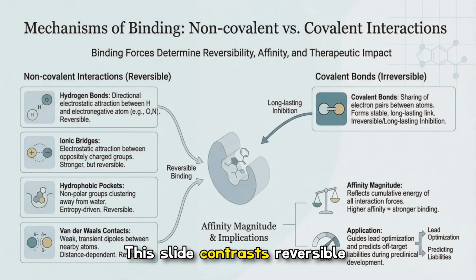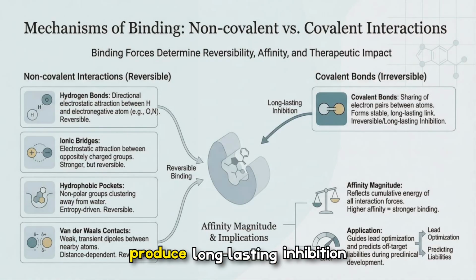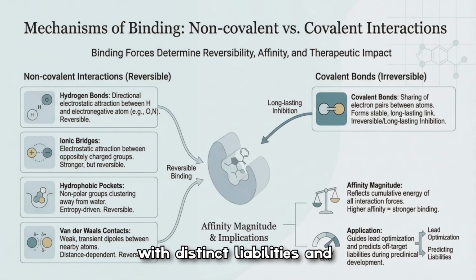This slide contrasts reversible, non-covalent forces, like hydrogen bonds, ionic bridges, hydrophobic pockets, and van der Waals contacts, with irreversible covalent bonds, and explains how those interactions set affinity, reversibility, and therapeutic behavior. From the diagram, you can see non-covalent binding is dynamic and tunable, while covalent links produce long-lasting inhibition with distinct